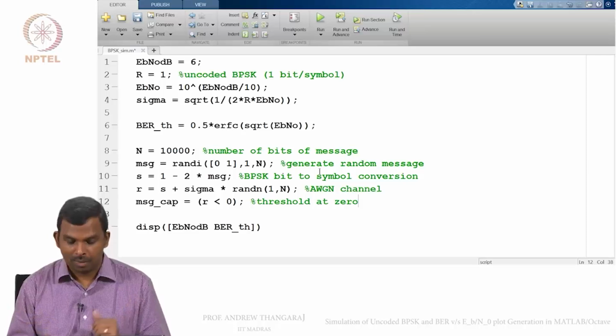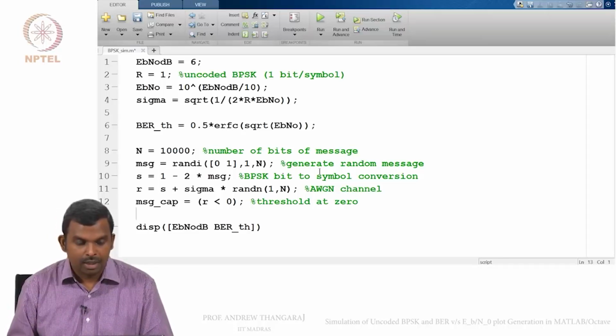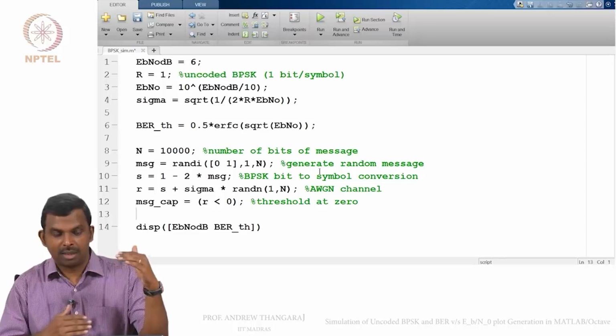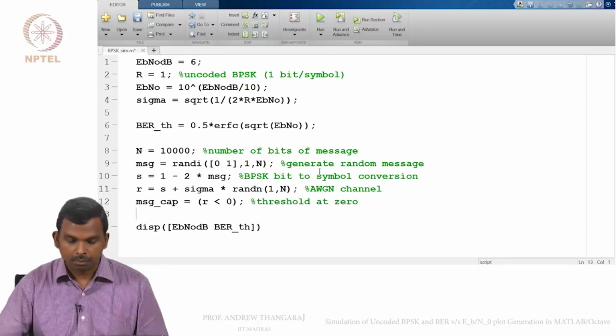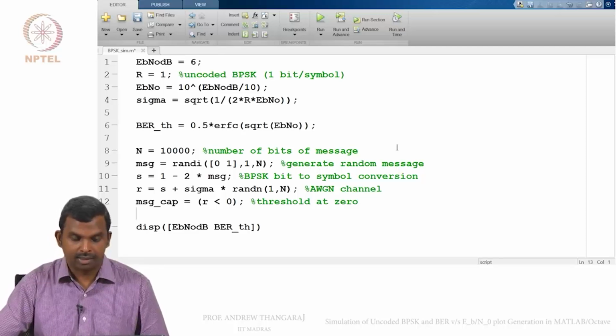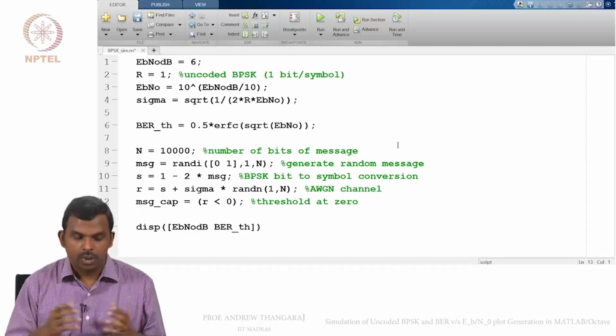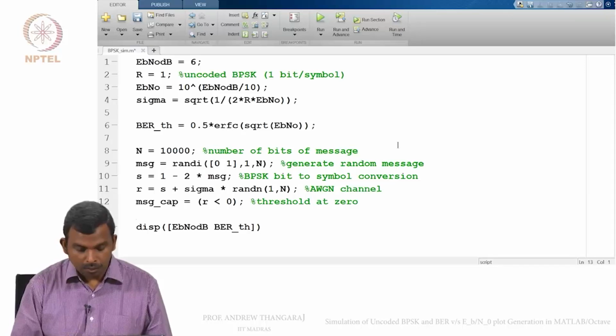So I have a message and a message cap, and now I can compare message and message cap. Message is what I sent, message cap is what I have received. So I can compare. And how do I compare? Comparing is not too bad. You can do it in multiple ways, but one can get a BER sim